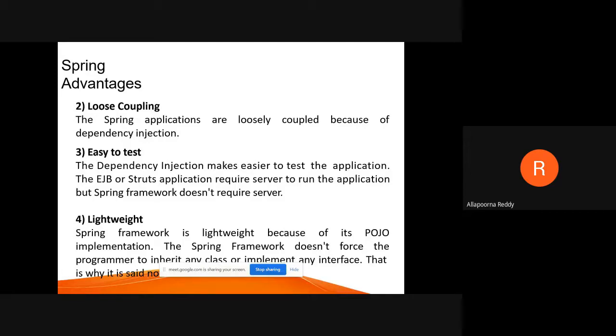One object of my class should not depend on an object of my class 2. Then they are called loosely coupled. I can say they are independent of each other. Then that I can call loosely coupled classes. Similarly, the Spring applications, when you are developing, are loosely coupled because of one property